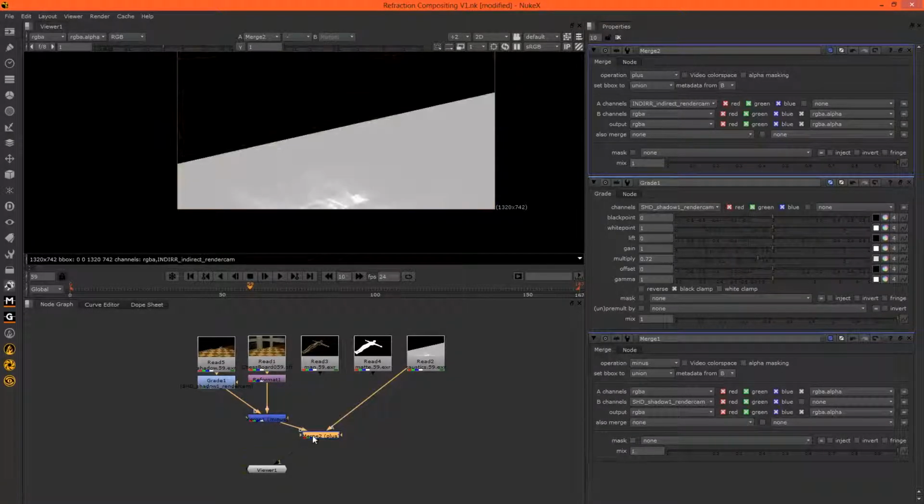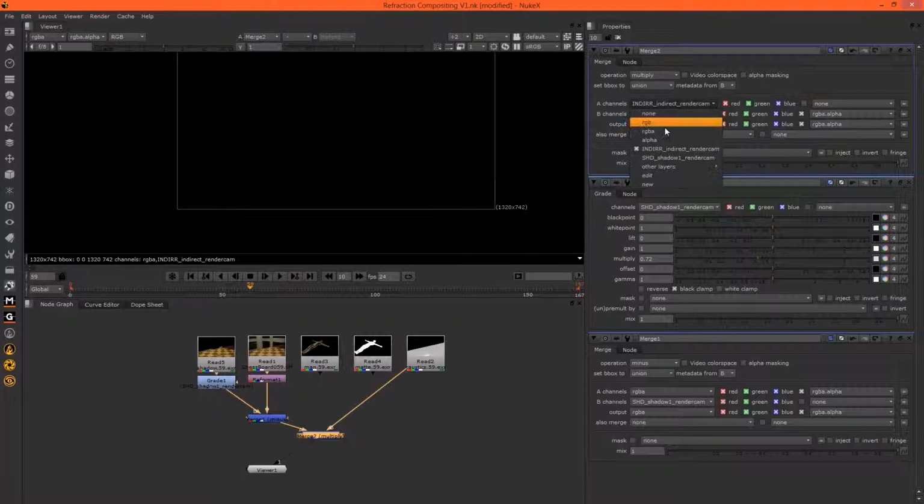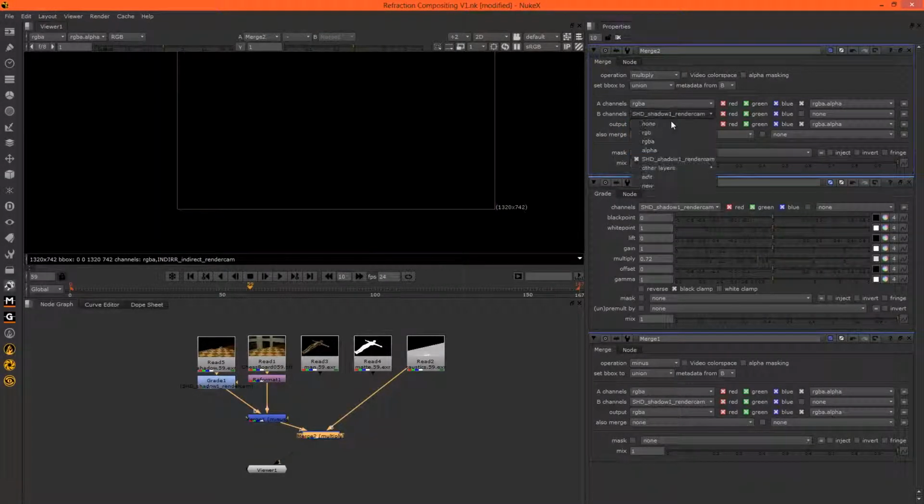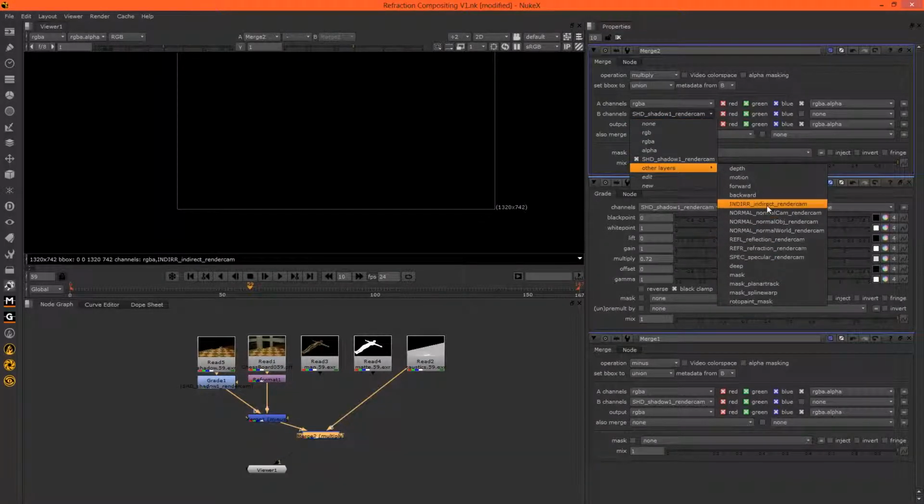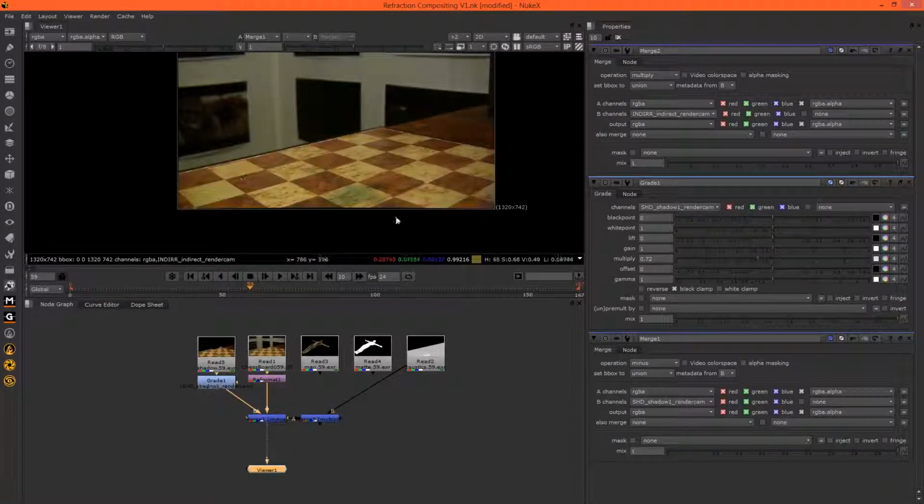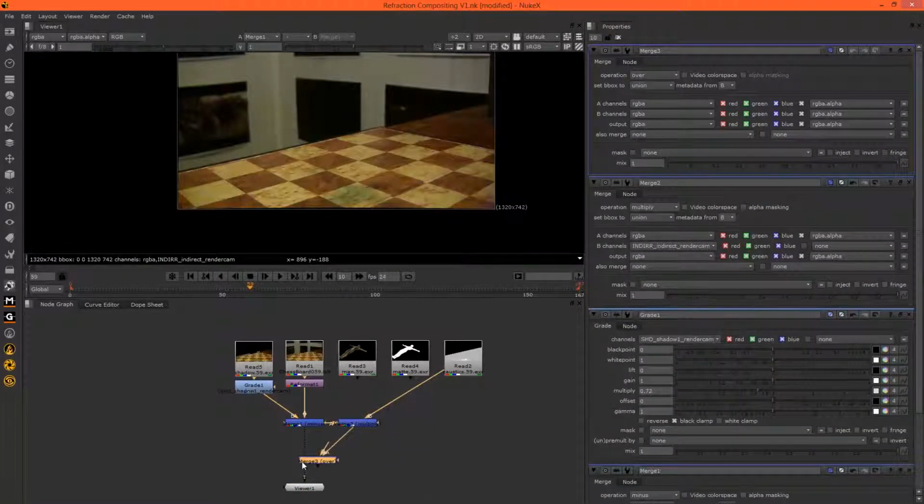Let's actually swap these around. So this is now A and this is B. We want to multiply the RGB by the shadow, sorry, not the shadow, the indirect, which is the caustics, and that's what we get. And then we want to add that back on to the shadow and the background footage. So we can just hit M and A plus B, and if we plus, there we go,